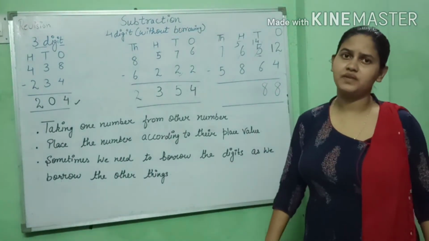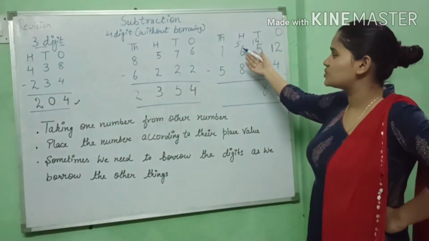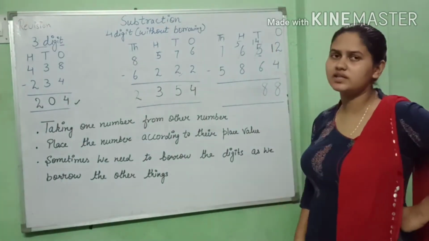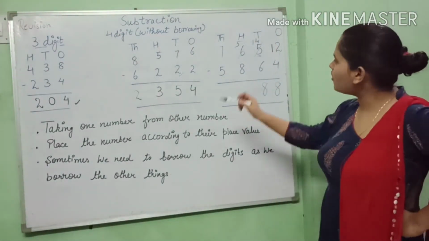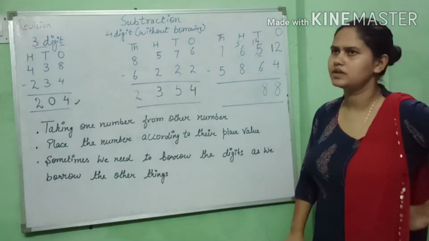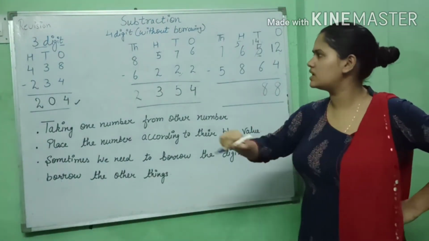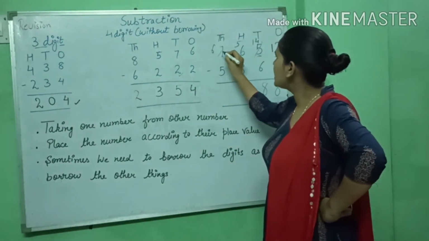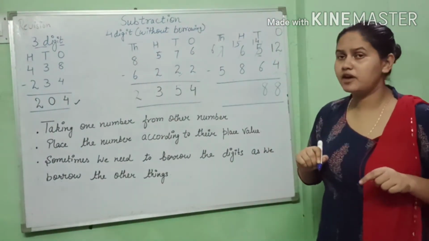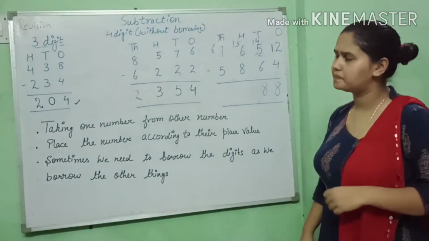Again a problem. How can we subtract the bigger number from the smaller one? Again, now 5 becomes the borrower and says to 7, please give me 1. When 7 gives 1 to 5, 7 becomes 6 and 5 becomes 15. So in this way, 5 becomes 15 and 7 becomes 6.